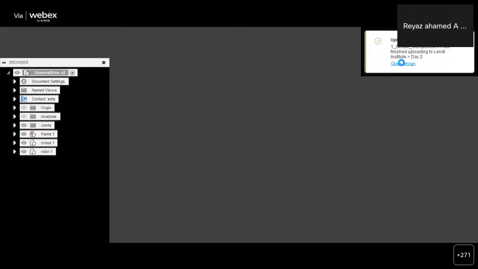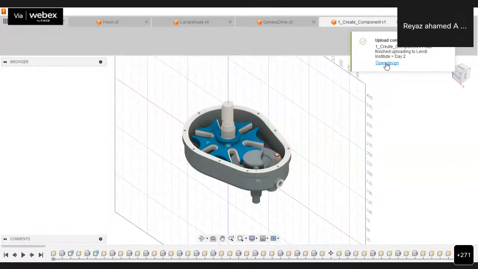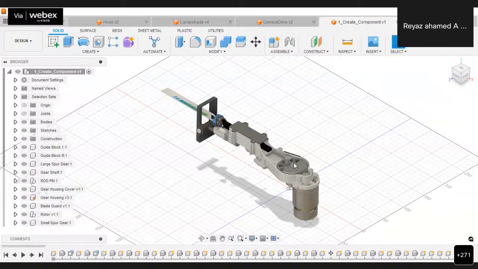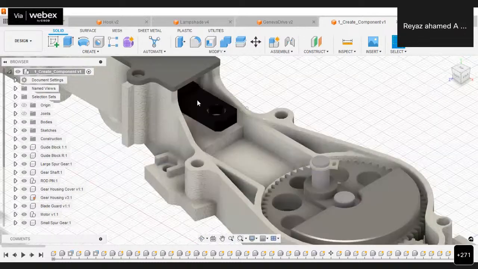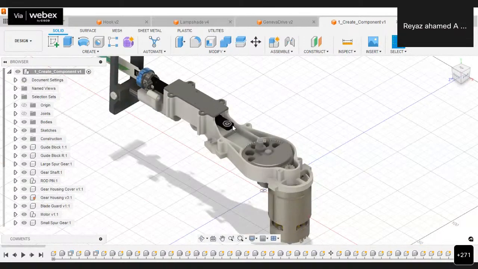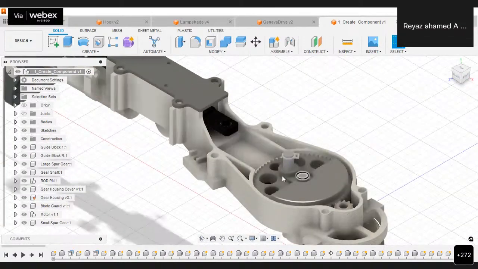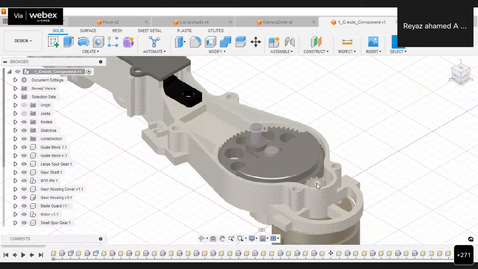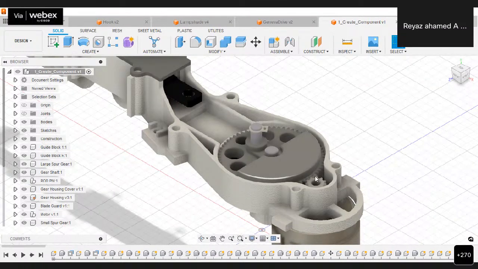Actually, this component has several files, so it may take some time. This is a saw assembly, a type of saw assembly. Here we have to create a component by connecting the moving part of the blade and the rotating part with the help of gears or motors. This is rotating based upon the motor. The rotation from the motor can be transferred with the help of gears. It is reduced, and then here we have to